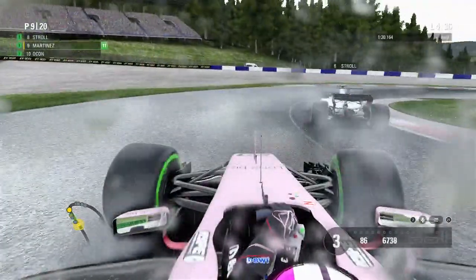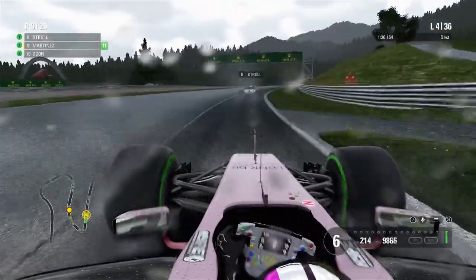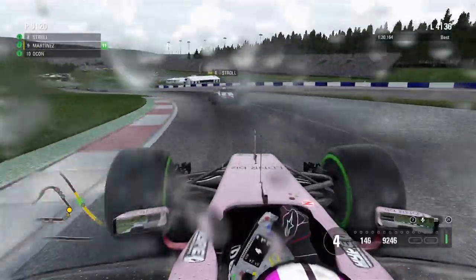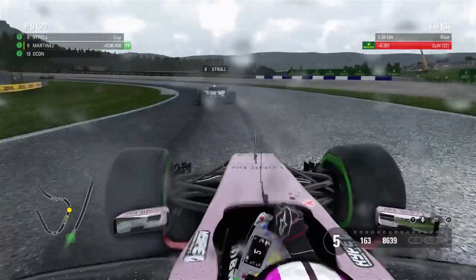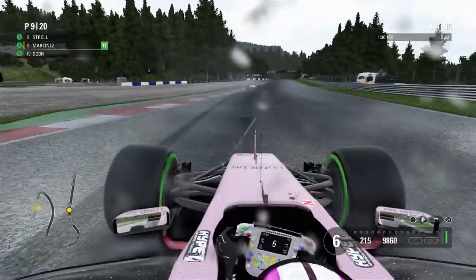Meanwhile, Bottas is progressing. He's made a move on one of the Red Bulls. So Bottas must have some good pace around here. He's making his way through the field. Alright, okay, so there you go. The heavy rain is going to ease up into light rain very soon. If it's heavy rain, I'm surprised we're not on full wets to be honest, but this rain is going to get a little bit lighter later on, which is good, so that's going to make the conditions a little bit quicker, so that might suit me or might suit the AI, we don't know, but right now I'm getting frustrated